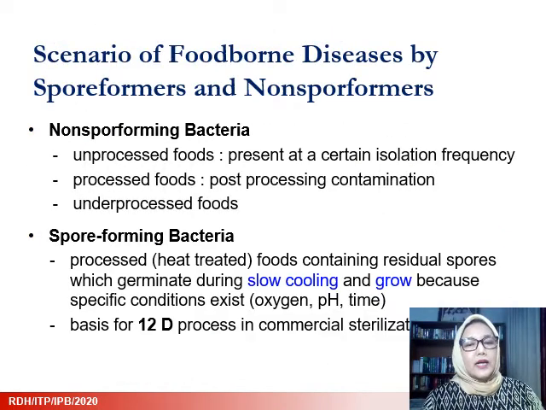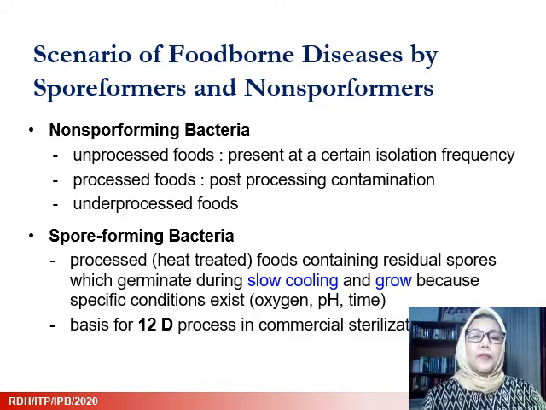Previously, we have learned that some bacteria are capable of producing spores and are called spore-forming bacteria. And these bacteria are more resistant to heat. Meanwhile, some bacteria that are not capable of making spores, or non-spore formers, can easily be killed by temperatures under 100 degrees. So people can get illnesses from non-spore forming bacteria when they are eating unprocessed food because this unprocessed